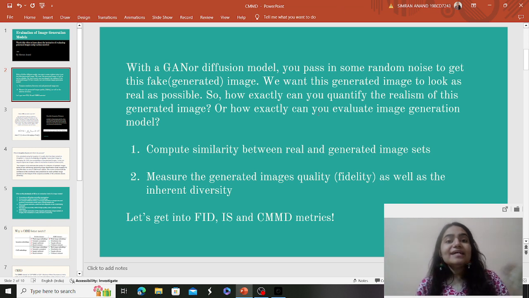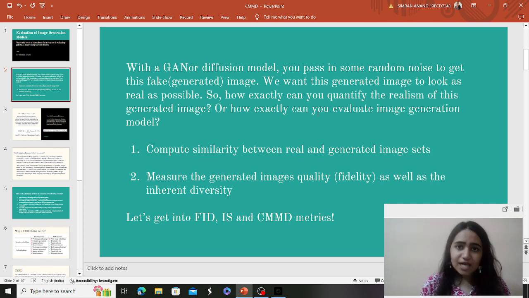So for evaluating the quality of the generated images, what metrics can you think of, right? When we talk about deep learning or machine learning models, how do you evaluate them? You evaluate them using metrics like, for classification, accuracy, precision, recall, F1 score, and so on. For regression, using metrics like mean absolute error, mean squared error, root mean squared error, and so on. So there are different evaluation metrics for different use cases and different ML algorithms. So what about image generation models?